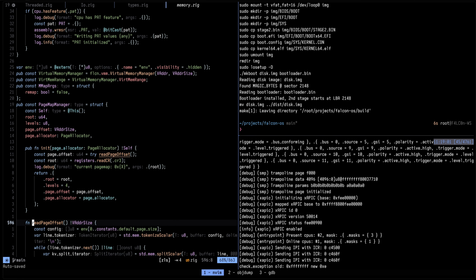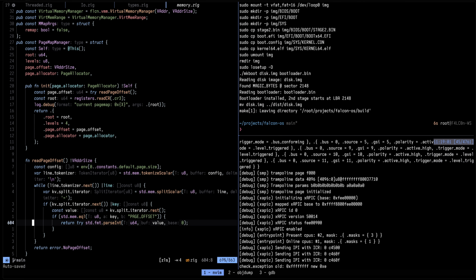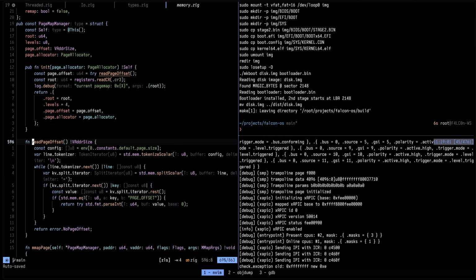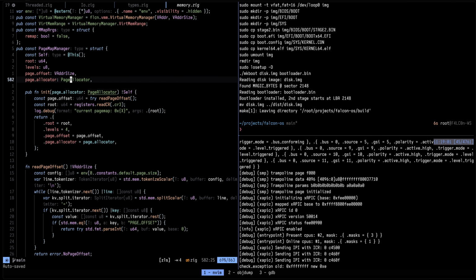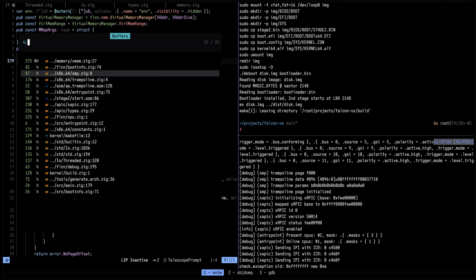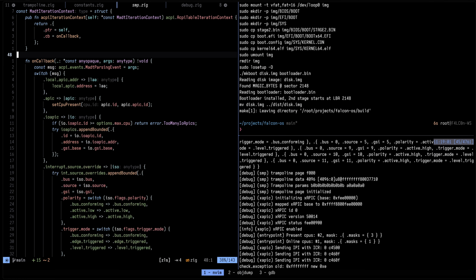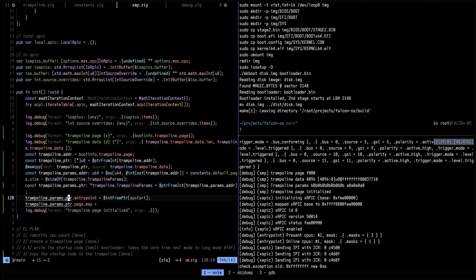We try to read the page offset from the config, and then we have root, which is this. So I guess root is the address of the page map. So if we call this, we should get the page map address. So for now, let's just put everything in here,